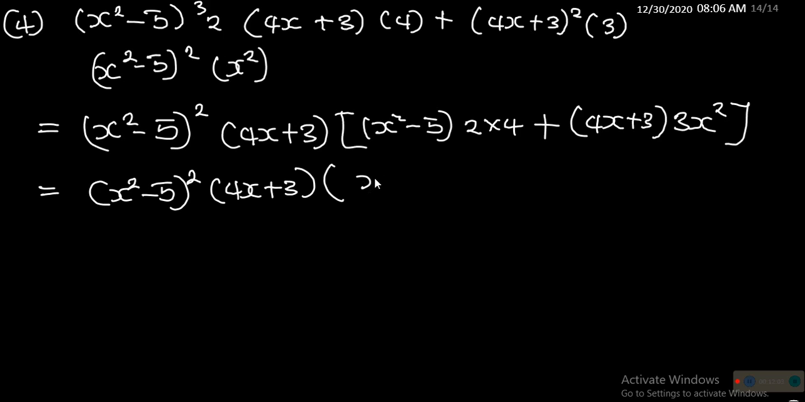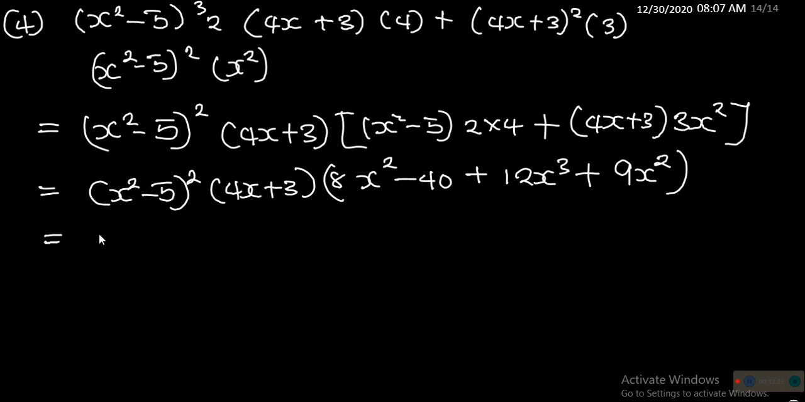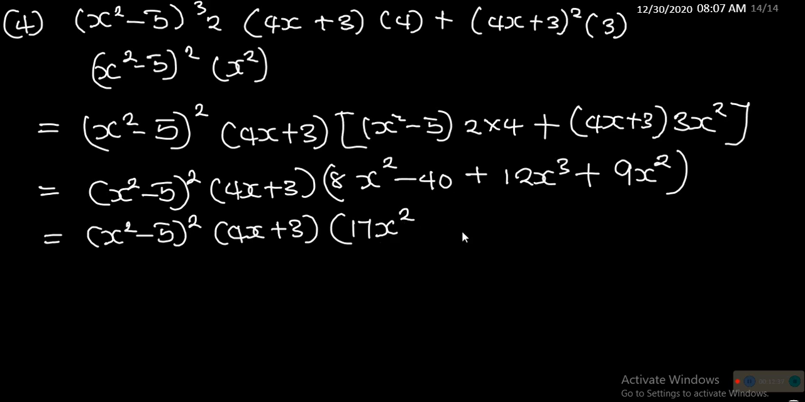x squared minus 5 into 4x plus 3 into this is 8x squared minus 40 plus 12x cubed plus 9x squared. Okay, I believe we are right here. So we can collect like terms: x squared minus 5 squared into 4x plus 3 into 8x squared plus 9x squared will give us 17x squared plus 12x cubed minus 40,